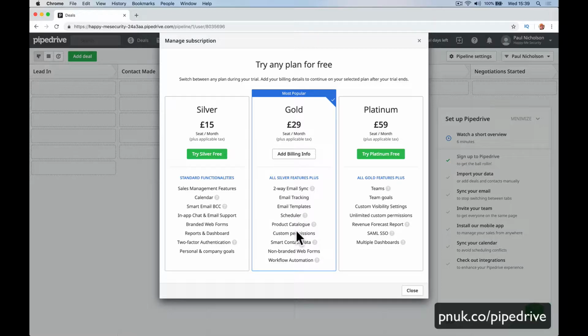Looking at the different options between silver and gold. No branded web form. So when you set up this branded web form, it's going to say powered by Pipedrive or something like that, right? Whereas this one, obviously they take it off. Workflow automation. So you get into some cool stuff. I'm going to show you in this